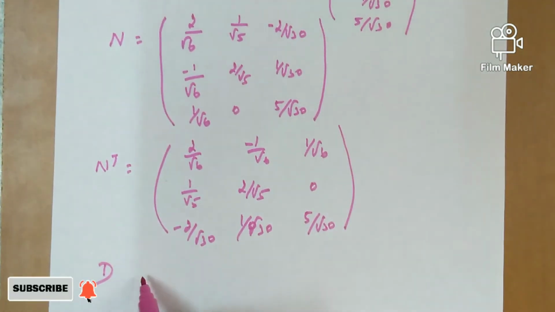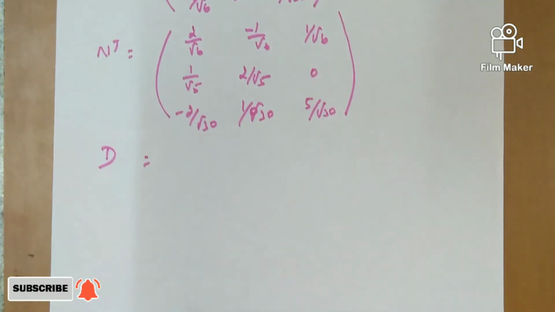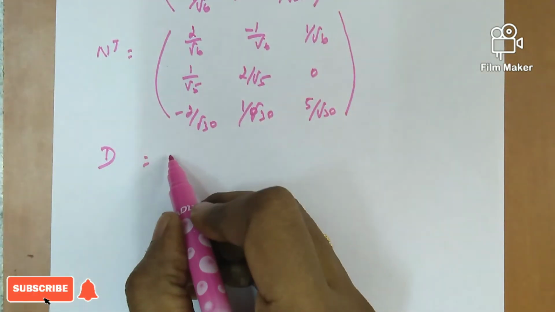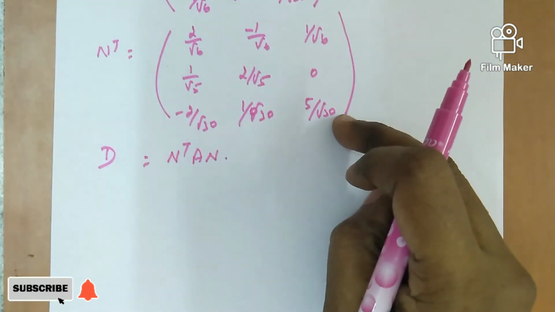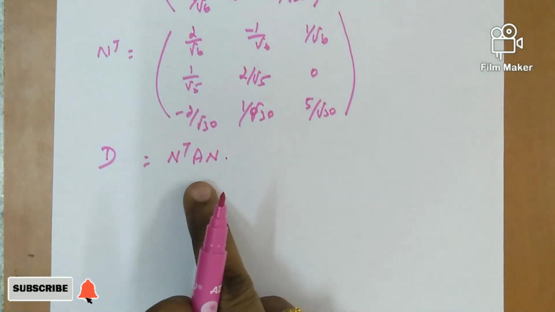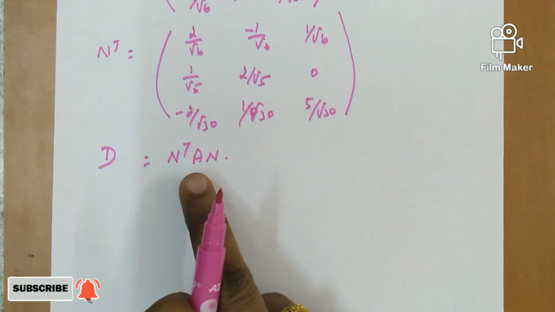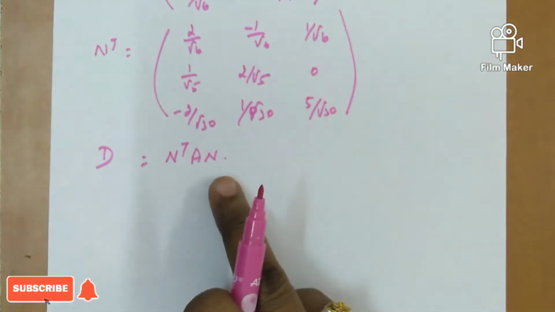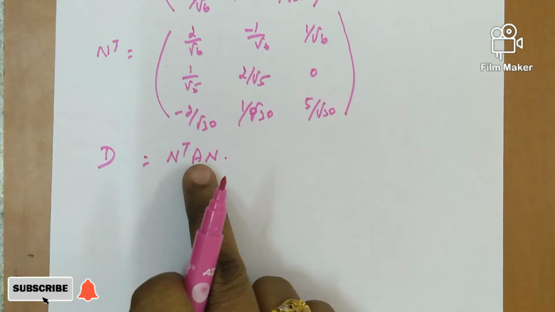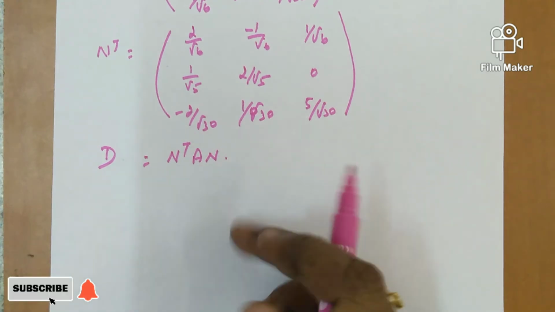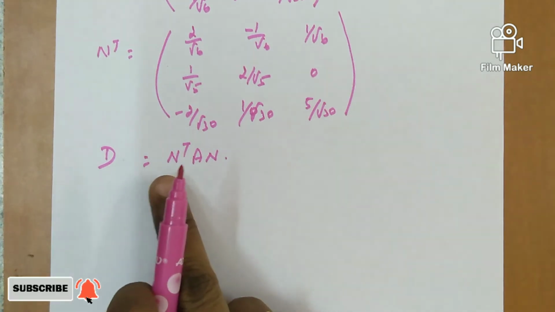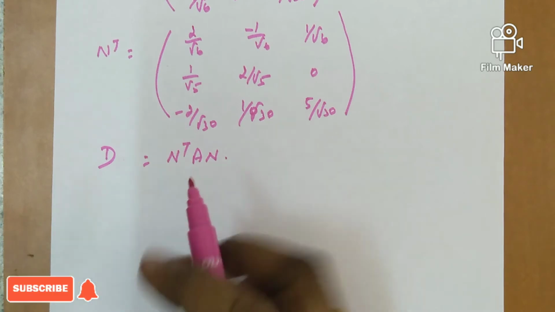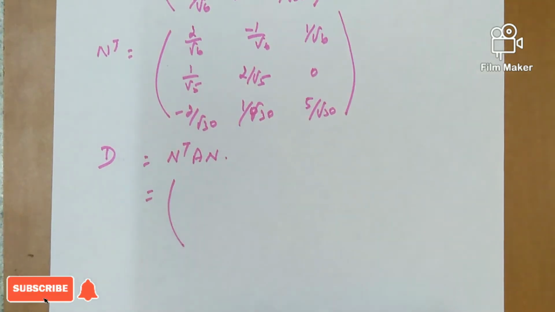After finding the N transpose, D is equal to the diagonalized form of the matrix. D is equal to, this is the formula, N transpose AN. In this we have to substitute our N transpose and the given quadratic form, from which we have written the matrix A. That matrix we need to write here. After that we need to write capital N. After substituting all three matrices, first we need to take the multiplication of AN. After that, substitute the AN matrix with the N transpose multiplication, and we can get the D answer. D is the diagonalized form of a matrix.